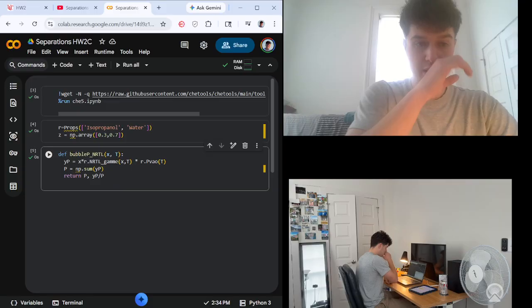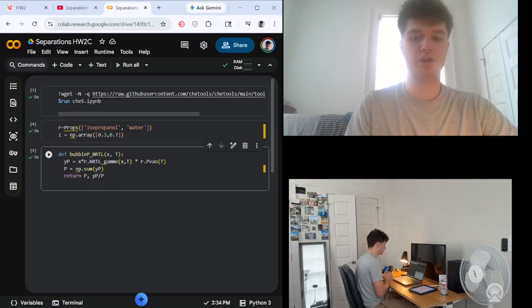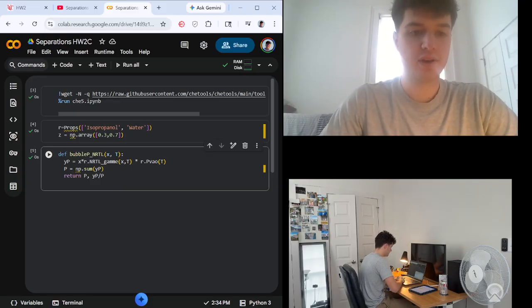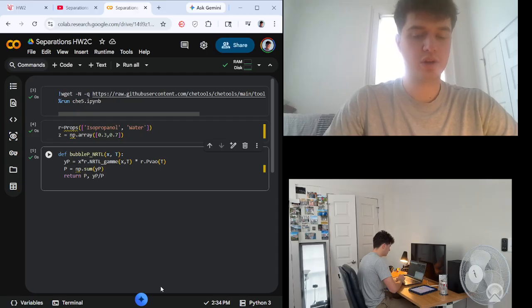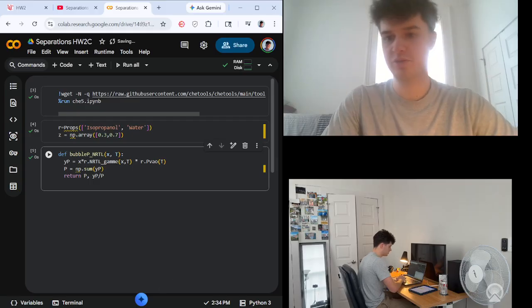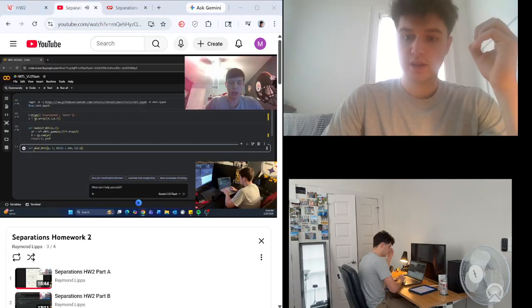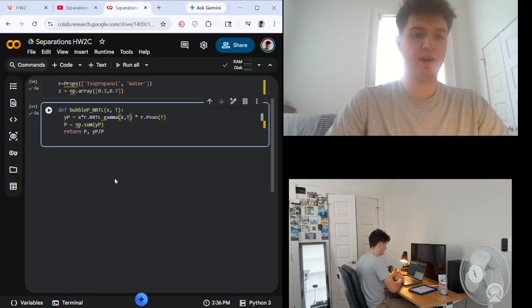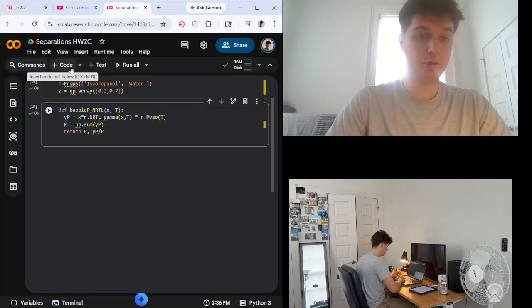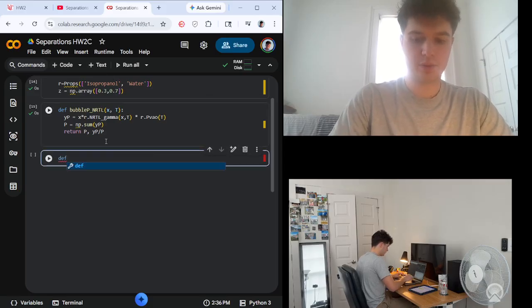And in this next part, we're going to again work with our bubble pressure, and we're going to put this in terms of z, which we worked earlier in the problem. And then we're also going to be plugging in that 300 Kelvin, which was specified in the problem. The next step is going to be also defining the dew pressure for the NRTL. So we're going to add another line of code here. We're going to define dewP